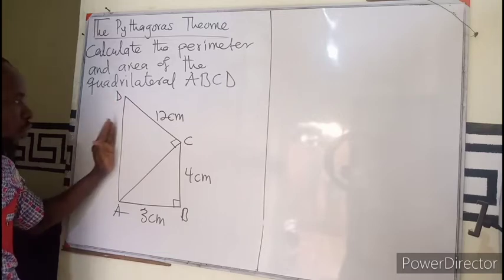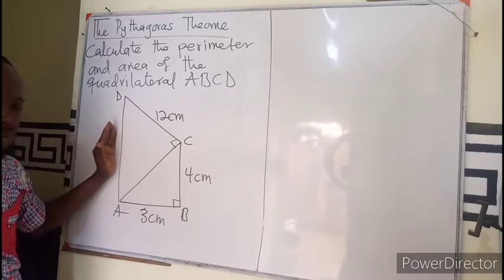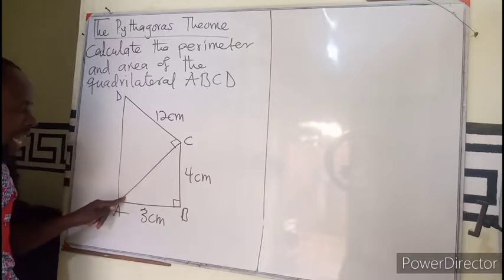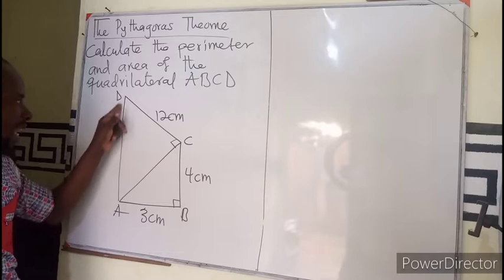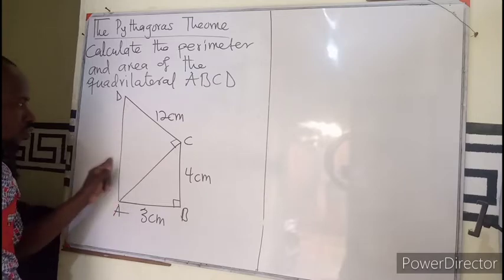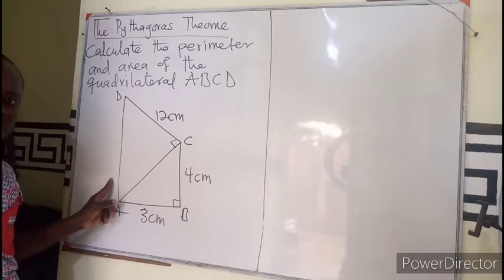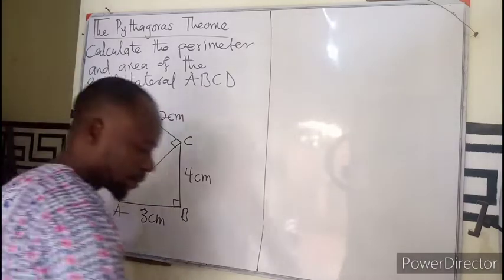But the first one is asking for perimeter, meaning add this plus this plus this. But since we don't know this side, what do we do? We need to be able to find it. If I know this side, I should be able to find this side, because 1, 2, 3 will be used in forming the Pythagoras theorem. So here,